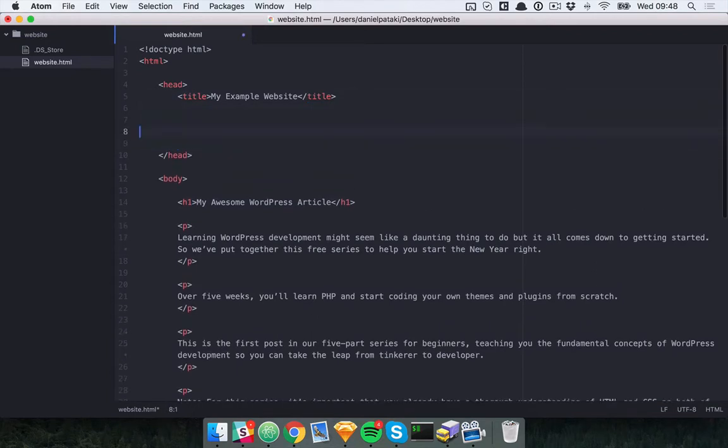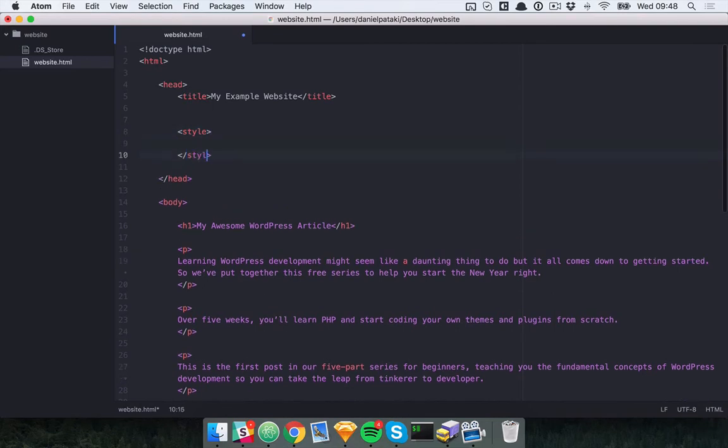Another way to add styles is to add them here using a style tag. I haven't done this in a while, so hopefully this is how you do it. I think you may need to type text/CSS. I never really do this. So you can also say, and this is basically how you will write CSS from now on,